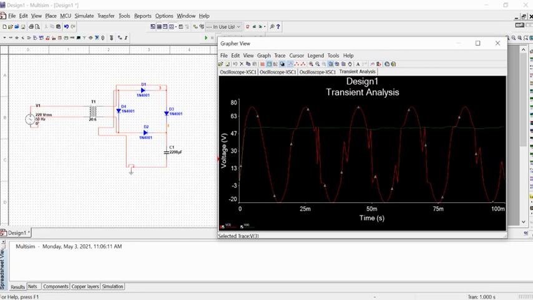Multisim is very useful and user friendly. There is no complication in finding different components or connecting them. It is very useful and very easy to use for any kind of electronic circuit. You can change the values anytime, anywhere, and you can modify your circuit before making it practically. So it is very useful for that purpose.